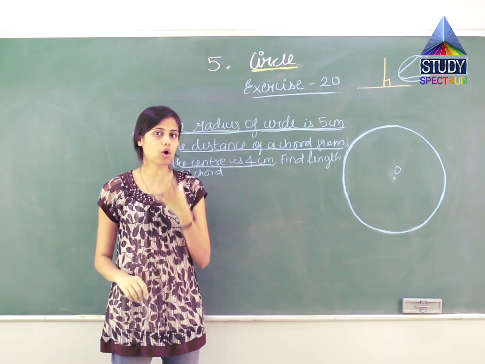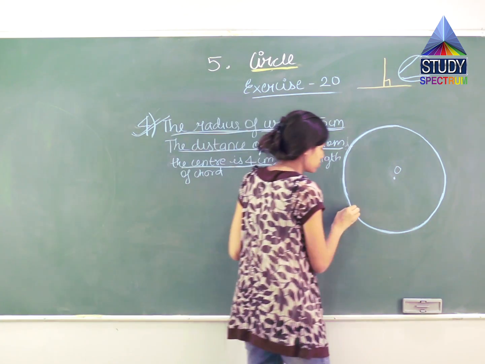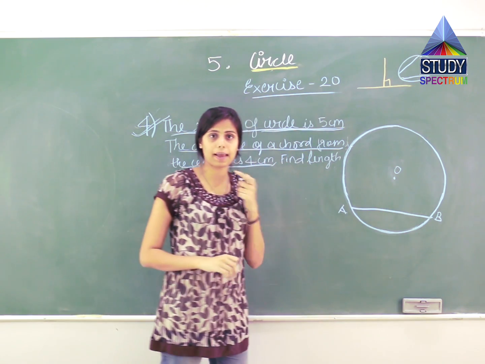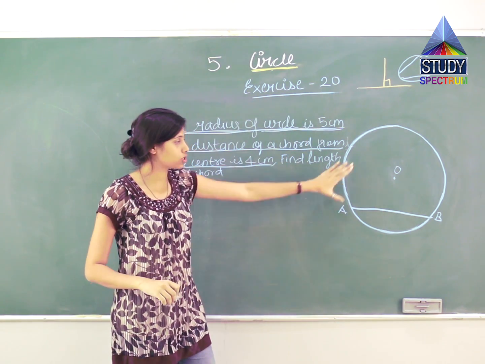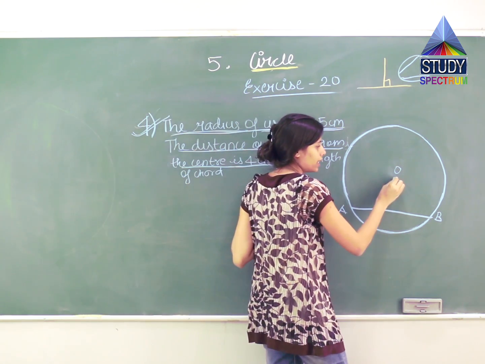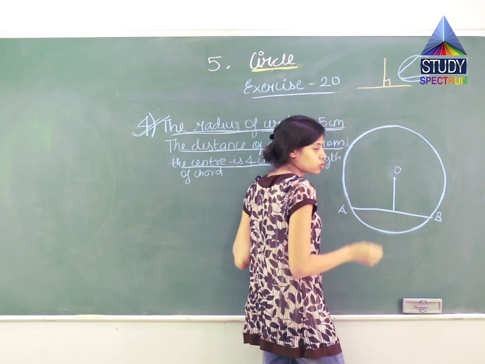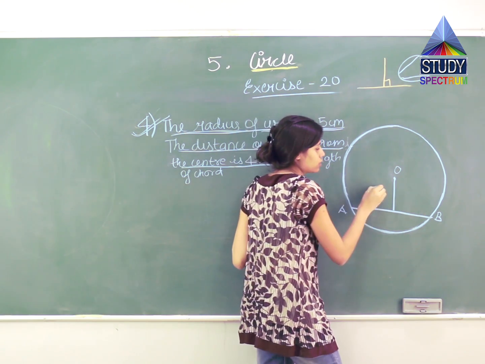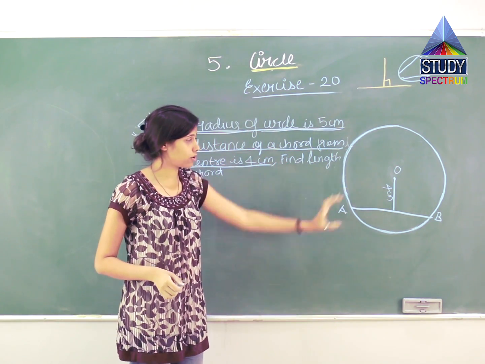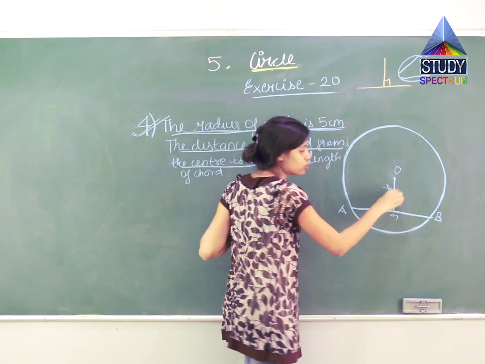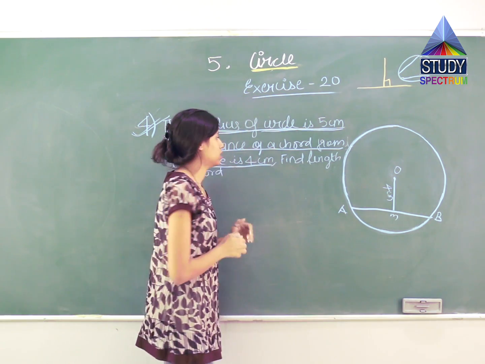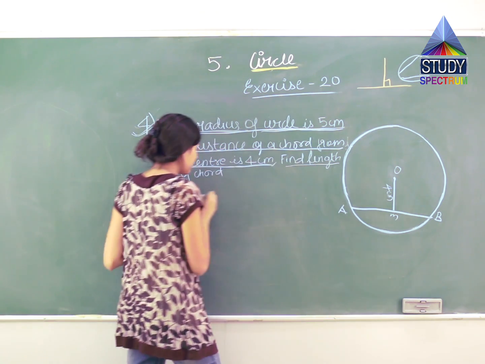Okay, they are trying to tell that there is a chord. So let us draw a chord first. So this is a chord. I'll name it as AB. So the chord is AB, and they are telling that the distance of this chord from the center is 4 cm. So let us draw a line joining the center of the circle to this chord. So what is the length of this line? It is 4 centimeters. So let us write 4 centimeters. Okay. So the distance of this O, and I'll name this point as M, where it touches the chord. So the distance of OM is how much? It is 4 centimeter.